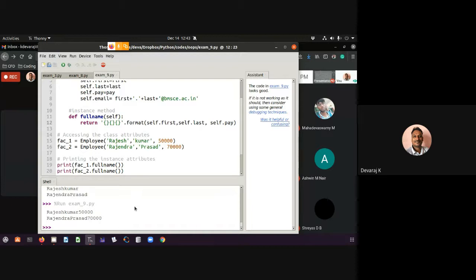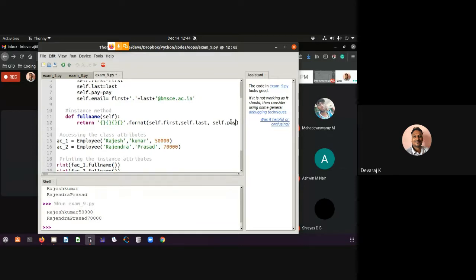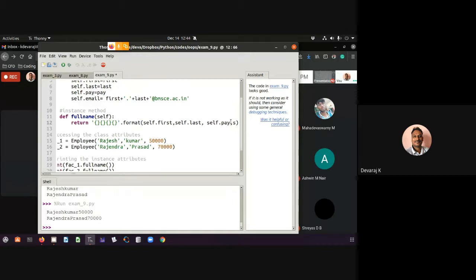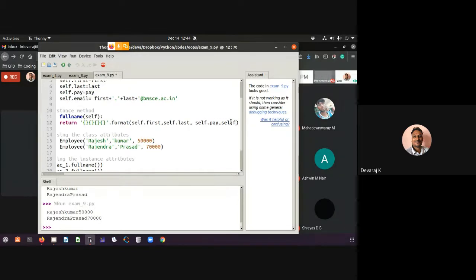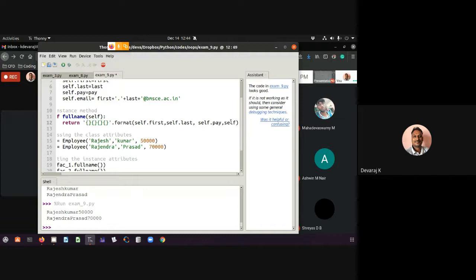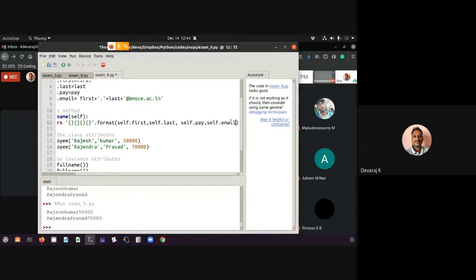I missed some of the things over there. Self.pay, and if you want, you can put email also. I can define here self.pay, and to the right hand side self.email. Okay. So now if I try to save this and run this code, I'm getting all those things.